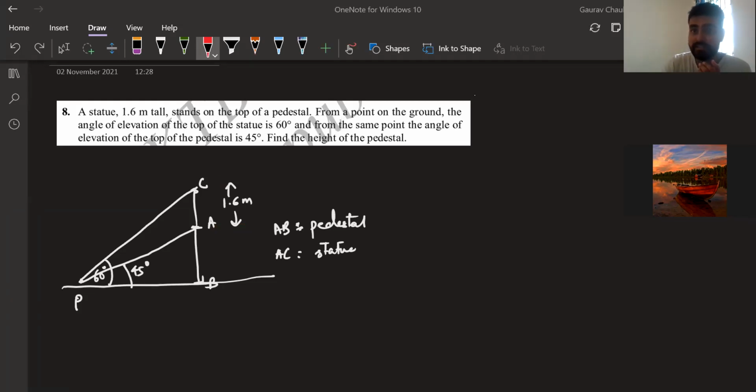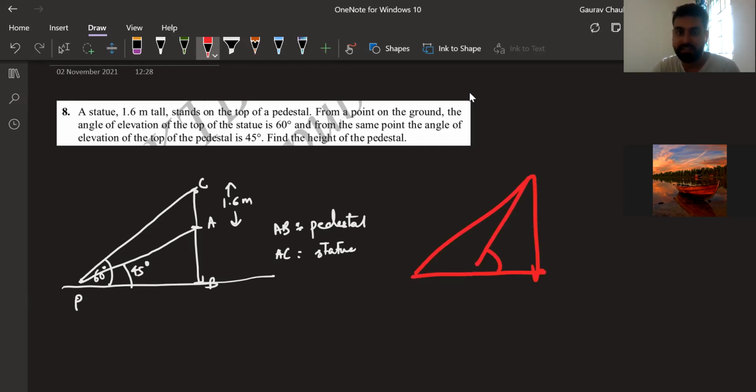Okay, sir. It's the same diagram that ends up forming, except that the diagram in example 5 and question number 11 was like this. You had this angle, but you were again given this distance only. You remember? Maybe it was 20 meter, 40 meter, whatever. It does not matter if you have this angle or this angle. You can still use the sine, tan, cos ratio, whatever ratio you can use. At the end, you proceed the same way. You take one as x, one as h, and then you figure it out.